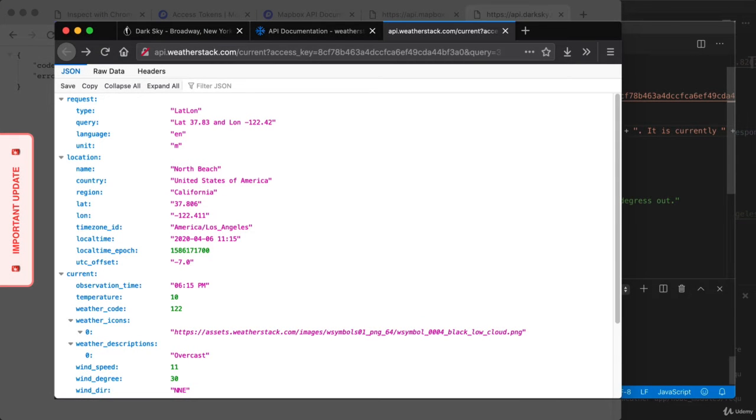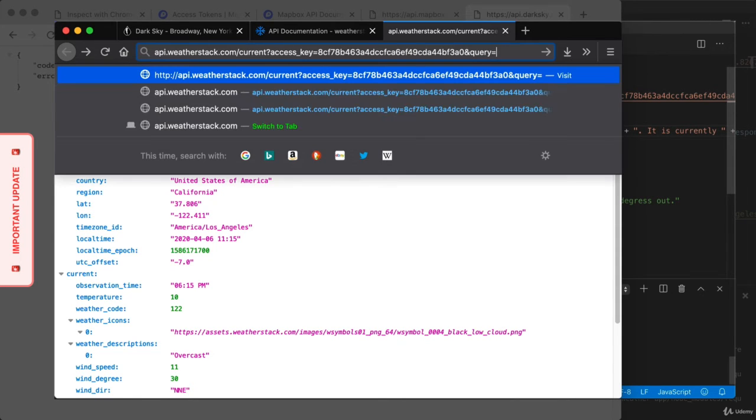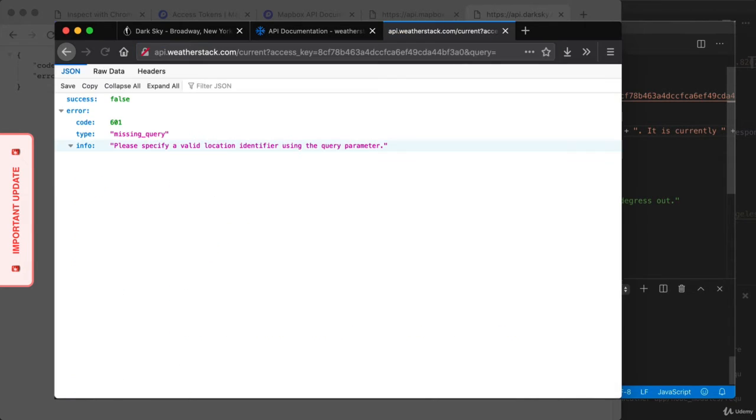This is Andrew with a quick update for the WeatherStack API. We can also break this API, though to get that done, we have to make a slightly different change. So right here, we have our URL. On the far right, we have our query. In order to break the WeatherStack API, we'll just remove both the latitude and the longitude. So right here, we set query equal to nothing,